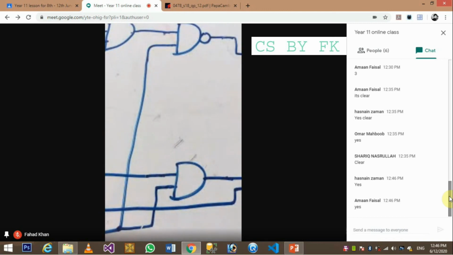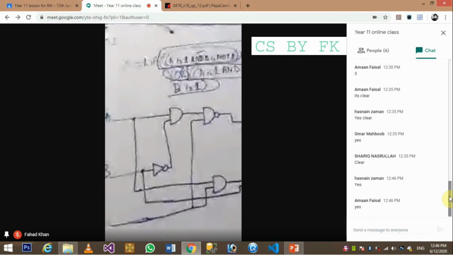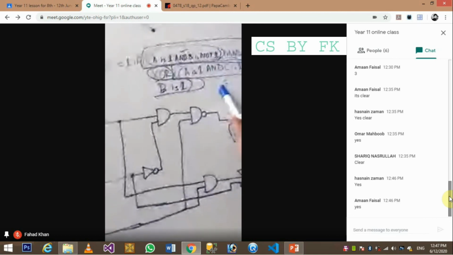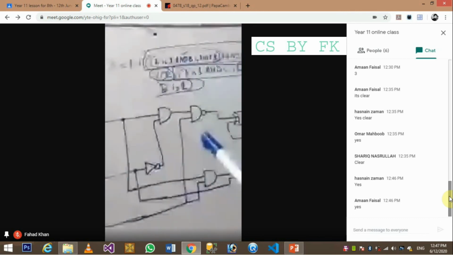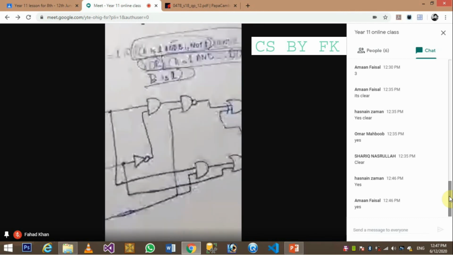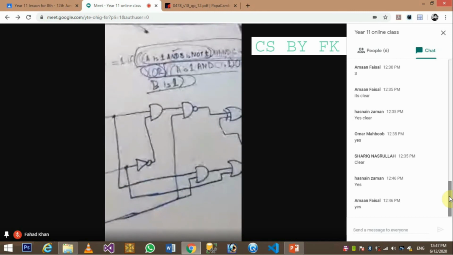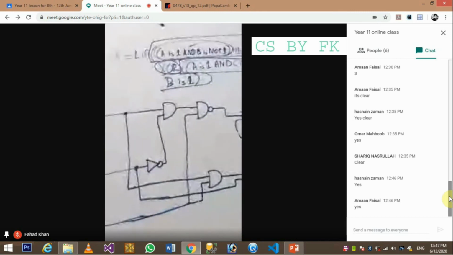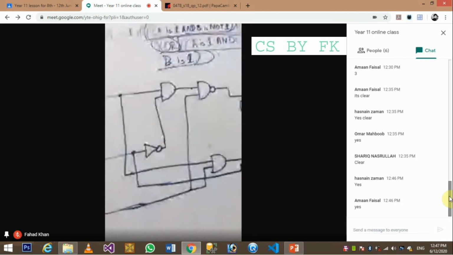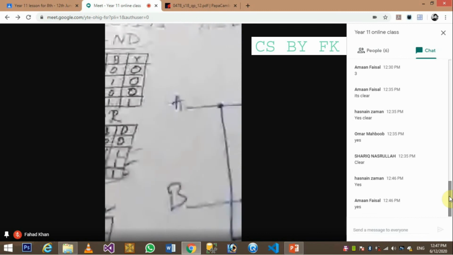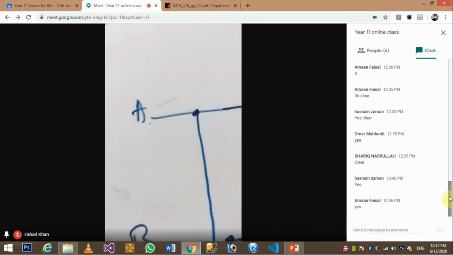So similarly, in this question you are asked, with the help of this logical statement, to make this logic circuit along with the truth table, right? The truth table we actually did in the last one, so we can do it for this one too. All right, so that's all in this logic circuits and logic gates.